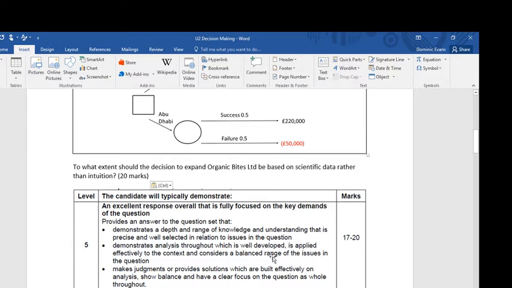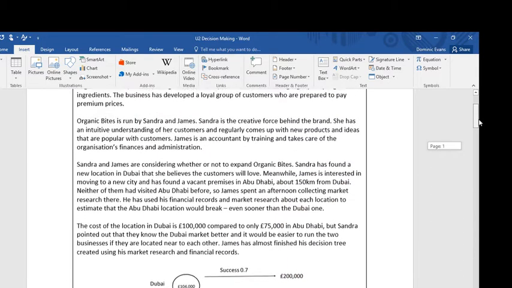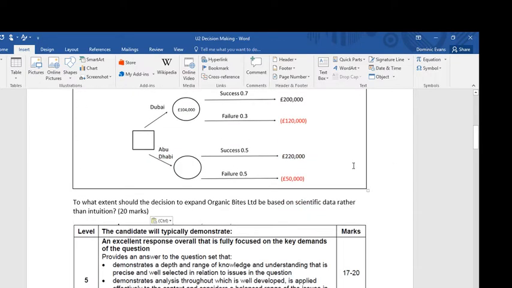What does it say about using the case study? Well, you've got to apply an answer effectively to the context. Okay, so the most important thing I would say before you read a case study is to know what the question is about. And that's going to help you read the case study to pick out the important information in it. So in any question where there's a case study, before you read the case study, just have a look at the question and see what the question is, and then you'll be aware of what you're looking for when you